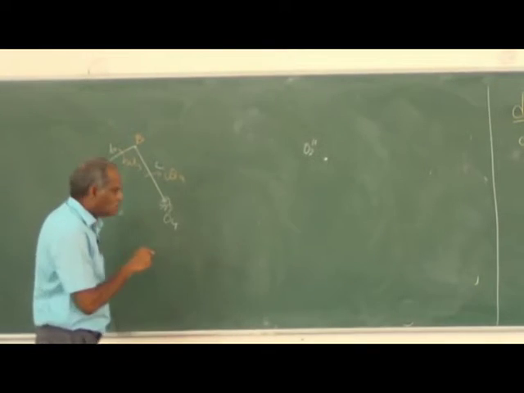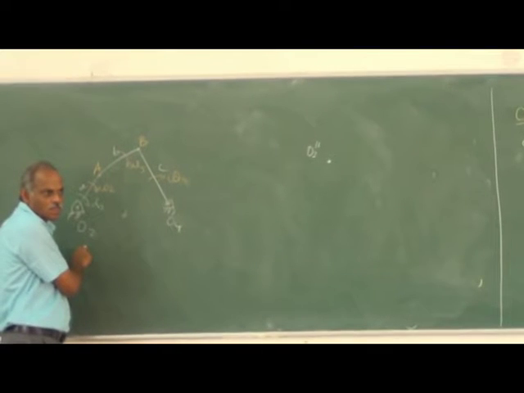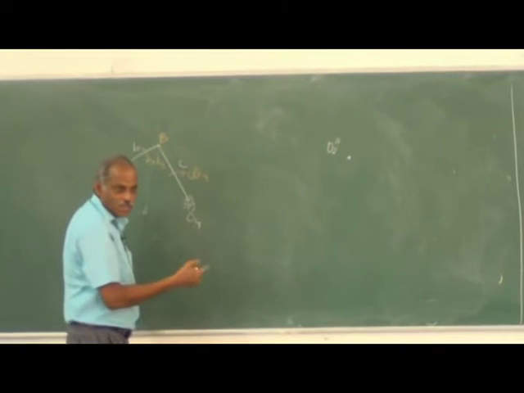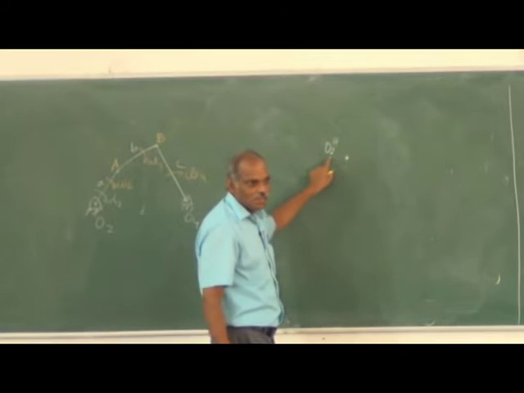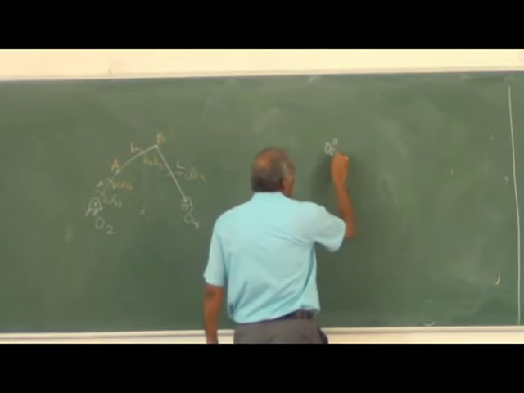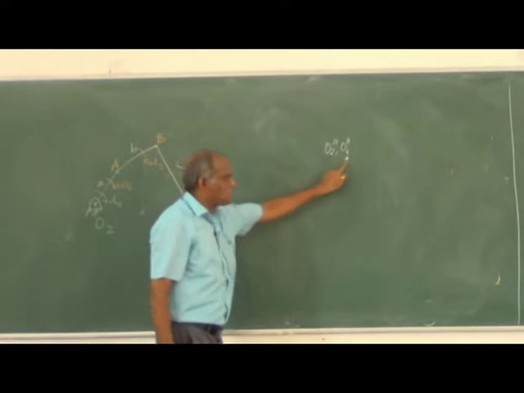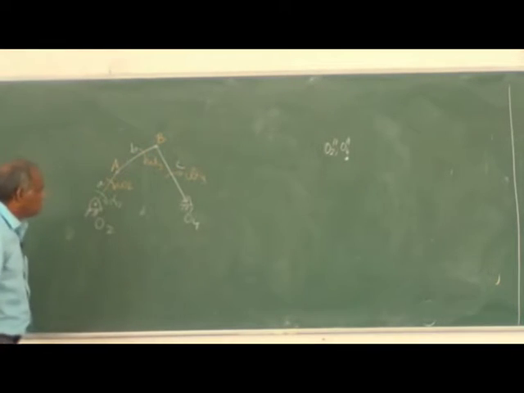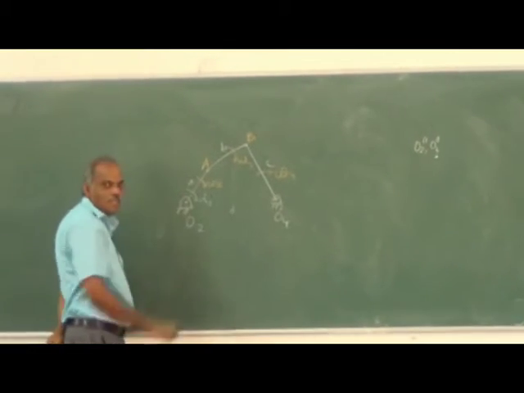Please remember, when it comes to O2, it is the position analysis. In position analysis or whatever you draw, you mention O2. When it comes to the velocity analysis vector, we say it is O2 dash. When it comes to acceleration, we say it's a double dash. So this is the point O2 double dash as well as O4 double dash. This is nothing but the acceleration image of this link. Now we have to find out the acceleration image, or where the acceleration A would be.